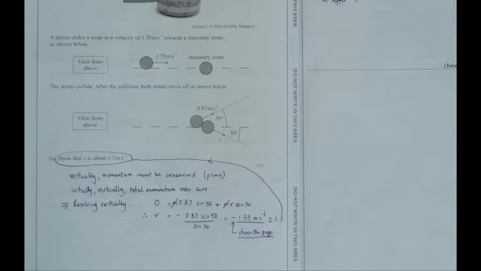It will give you an answer of 1.33 meters per second, which is approximately equal to the 1.3 that they want us to show it is. So this is how you should show your answers. Put it to 2 decimal places and then show that it's equal to 1 decimal place to about 1.3. Okay? So that's how you get your